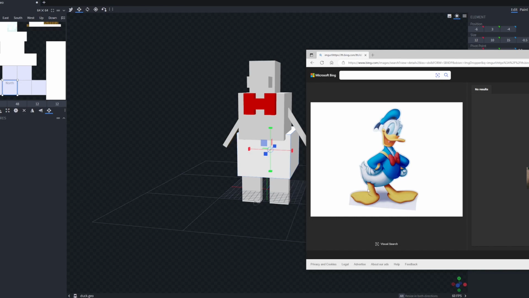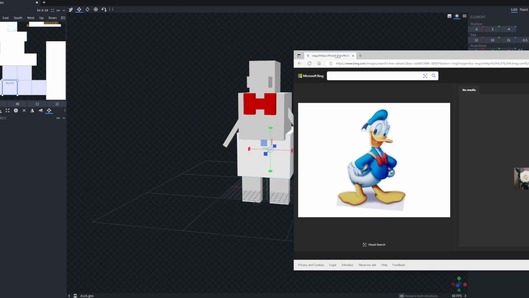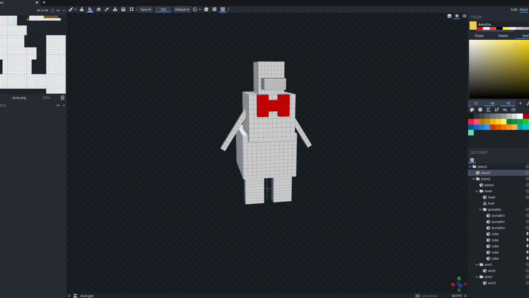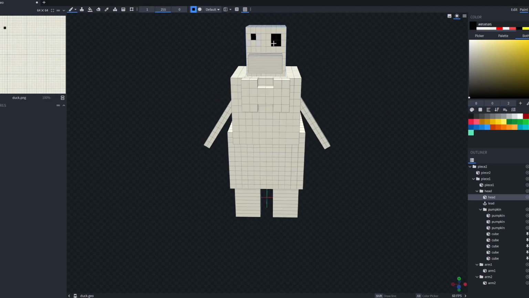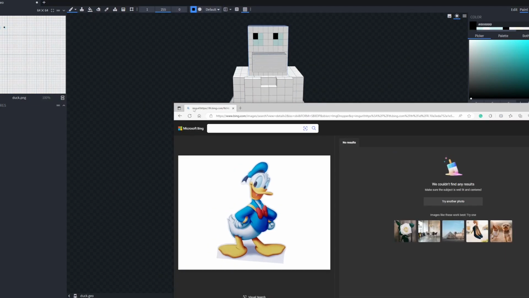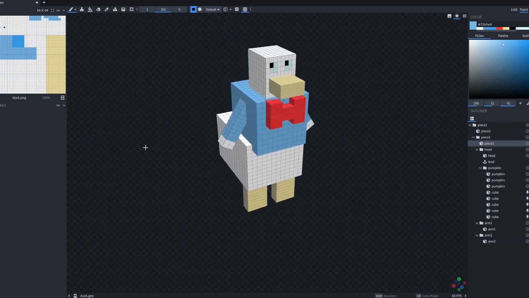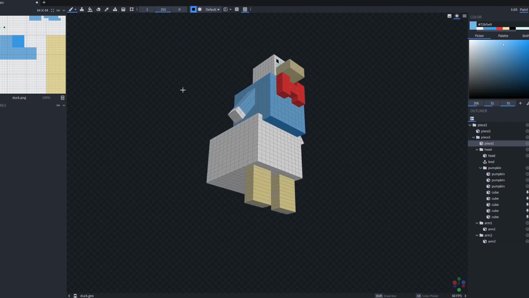Sometimes when characters have feet like this, I just paint them yellow. But for Donald, they're so exaggerated. It would look weird if he just had little sticks. So I might duplicate these and make flat feet, but we'll see. Because it's just going to be an armor stand, so it's not going to move around. So I'm done painting it for the most part. What I think I'm going to do next is